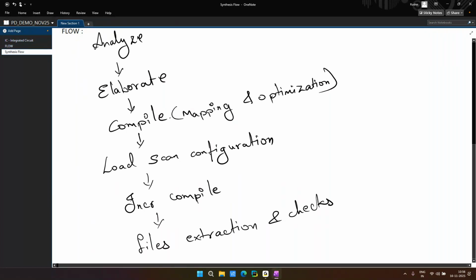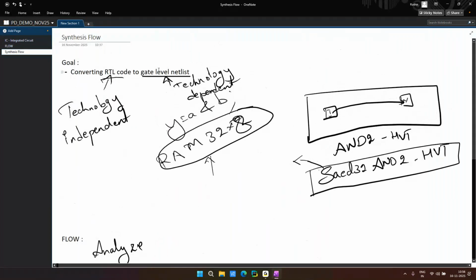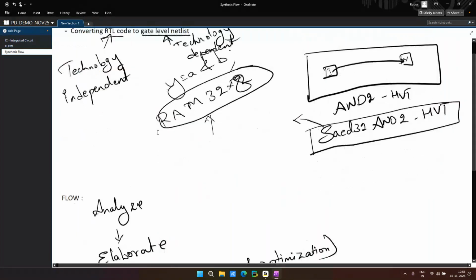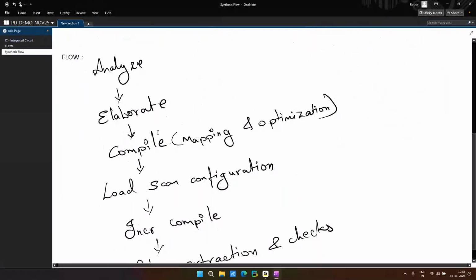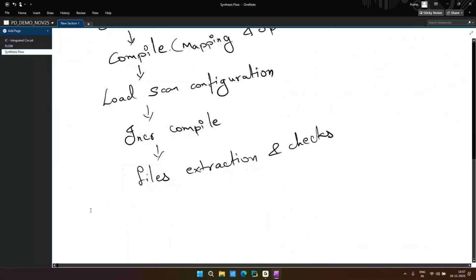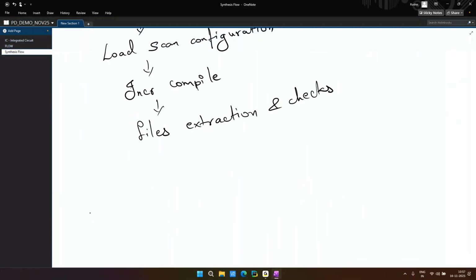Here I've given only one goal, that is converting RTL to a gate level netlist, but there are sub goals also which we need to check. What all sub goals will be present, how we can achieve them, or let's say fix them. If I'm seeing any violation, how do I fix it? That tracking also we will be performing. And in the lab session, what we will be covering is